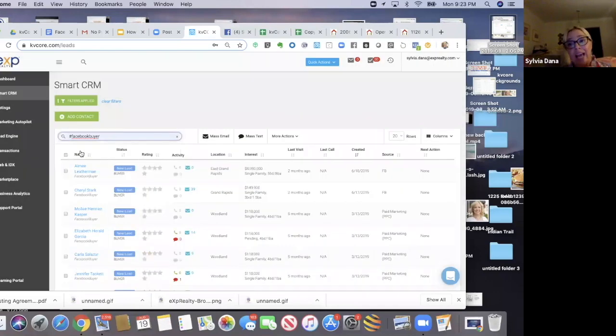When you're creating a hashtag, you should not put the number sign first. You only do that when you're searching for it. So basically what you're telling the search system to do is to find a hashtag specifically, not just the words Facebook buyer, but the hashtag. So it knows. So these are some of the leads that have come in with that particular